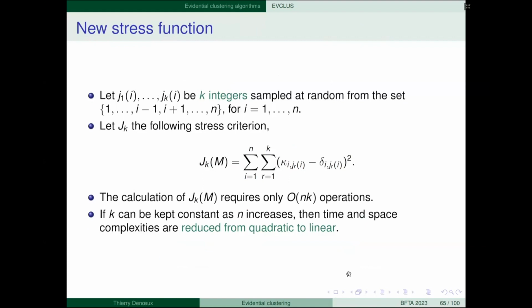For the next object, say I prime, we sample also randomly different ones. So we randomly sample in the matrix. And so this is a modification of the criterion. And now calculating the cost function requires only a number of operations proportional to the number of objects times k instead of n squared. Okay, so it's now proportional to n rather than n squared.